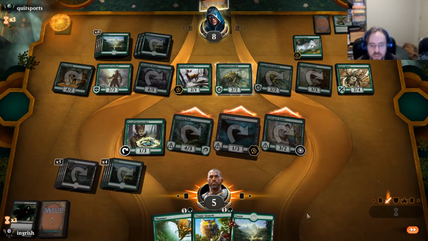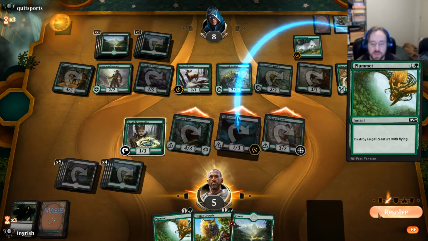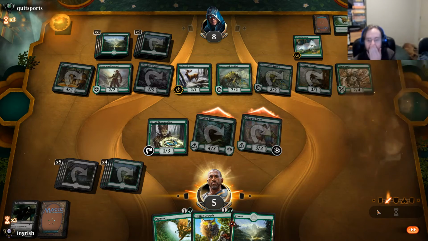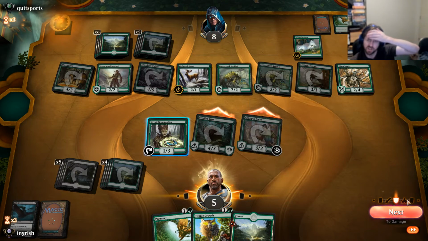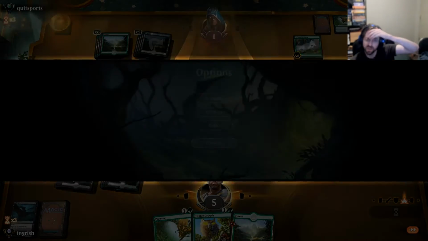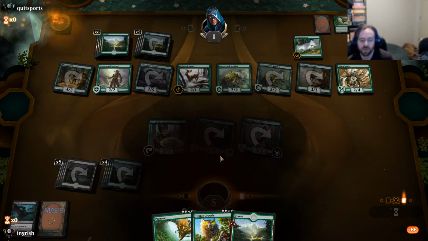Some instant speed life gain. Oh my god, we played it so stupidly. Oh, it hurts. We could have won there if we just used the... I didn't play around Plummet. We would have won if we had just... Ugh, that's dumb. Oh, that sucks. Ugh, we would have won if...